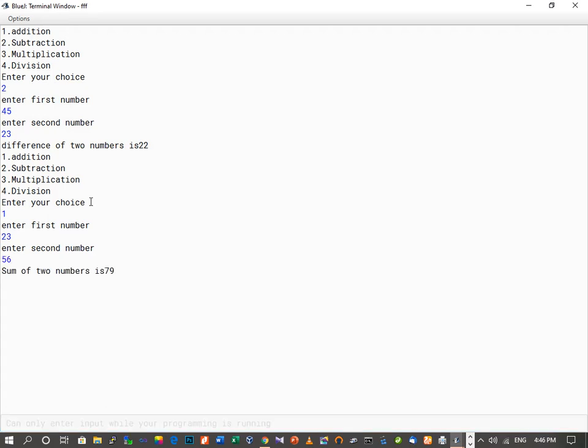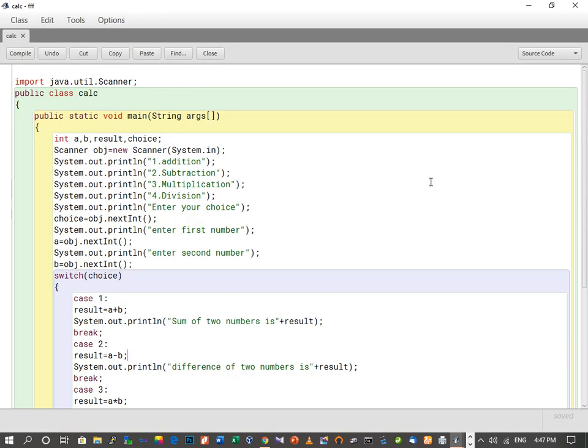But to make it more interactive, over here itself you can ask the user to enter whether he wants to continue again, if he wants to do any other calculation. For that we are going to do some changes in our program. A very simple change is that we will provide a do statement along with while. So let's see how to make those changes in our program. So this is our program. Now we are going to provide a do while statement into this.